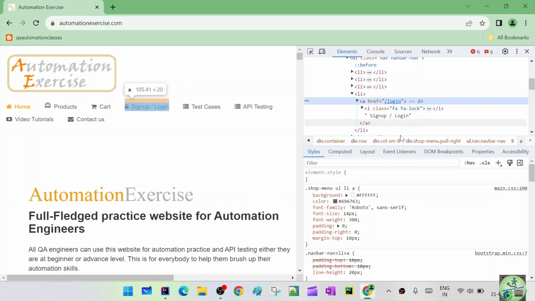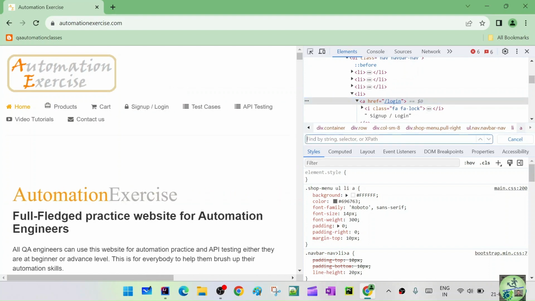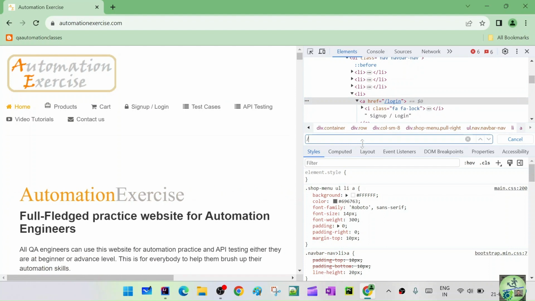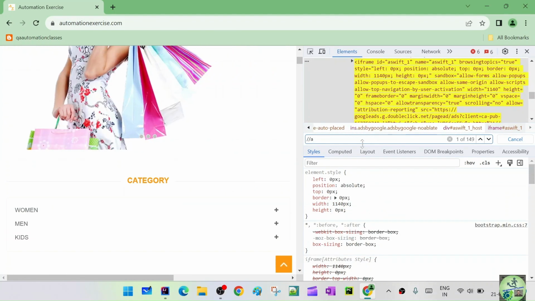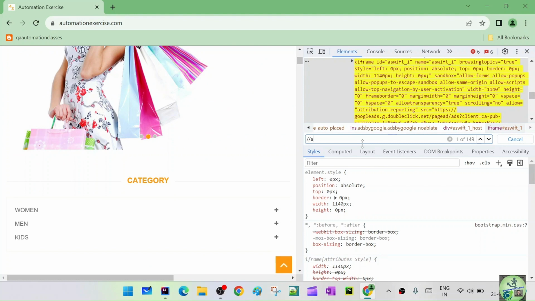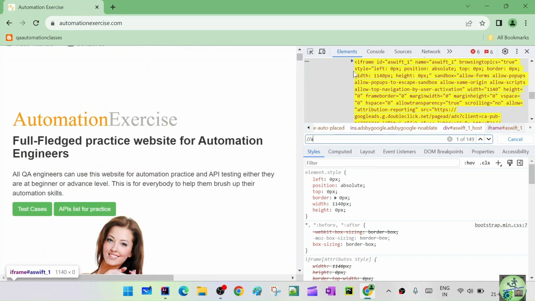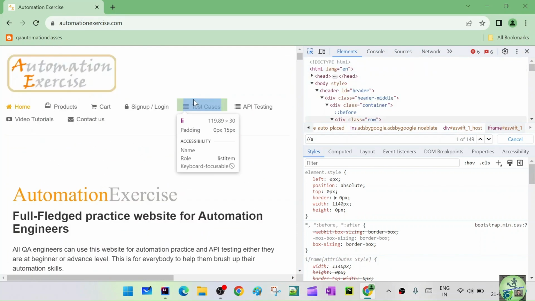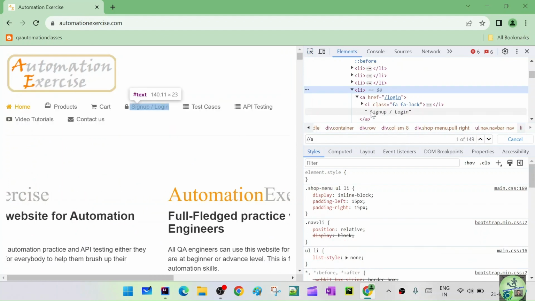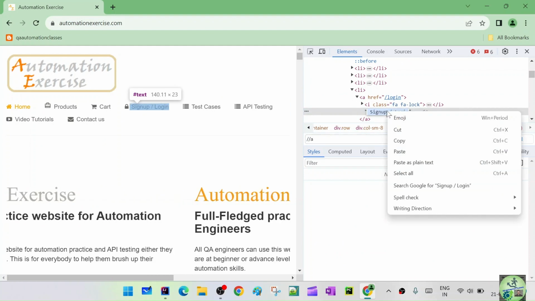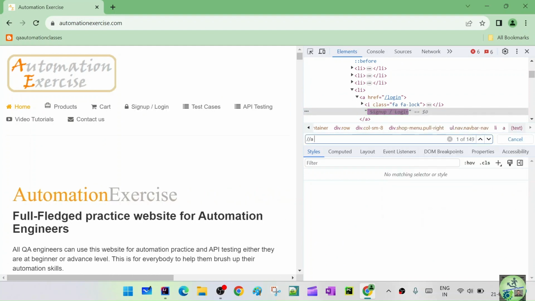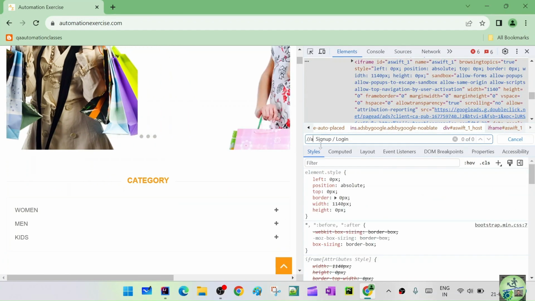Okay, so let's say double slash a. Okay, so we have seen that Sign up / Login was there, right? Let me quickly check one more time. So yeah, Signup / Login. Okay, and let me copy this one first. Okay, so double slash a,